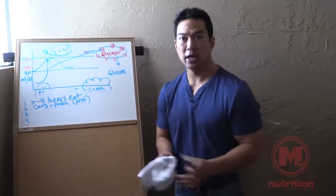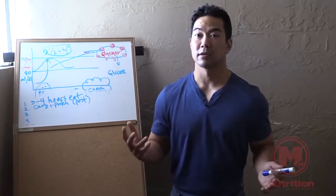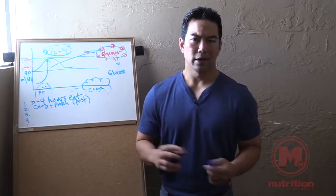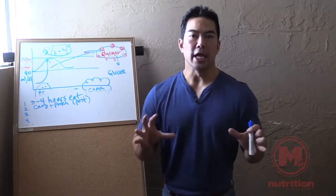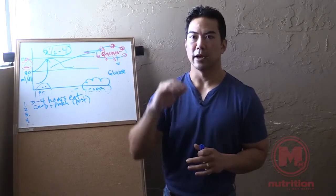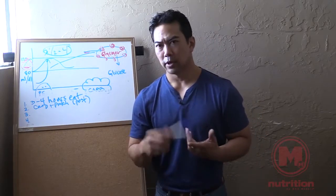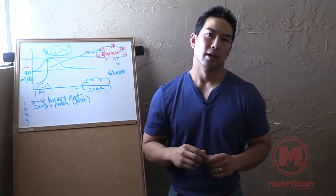Numerous research studies have shown an ideal post-workout shake, considering you did a full body exhaustion workout, you would want around 65-70 grams of carbohydrates, okay? And these have to be high glycemic, and I'll explain what high glycemic means shortly. You also want about 20 grams of protein, and now the type of protein,